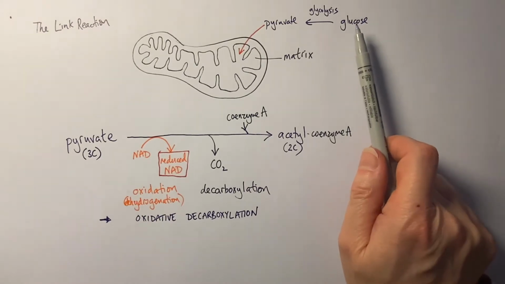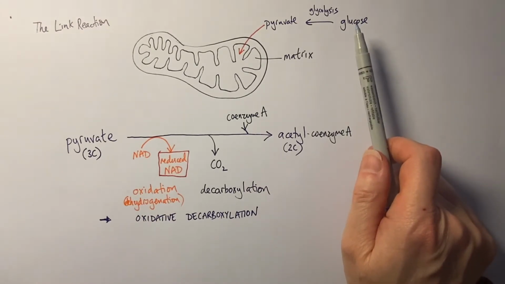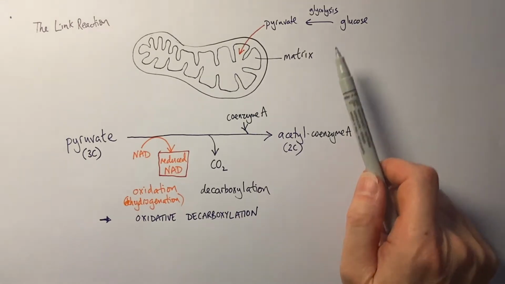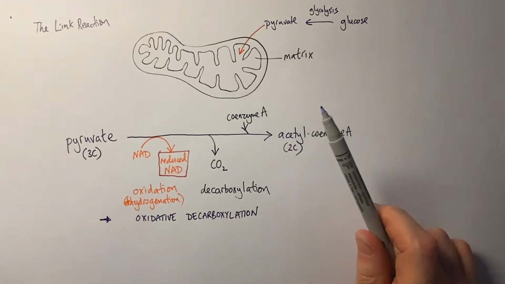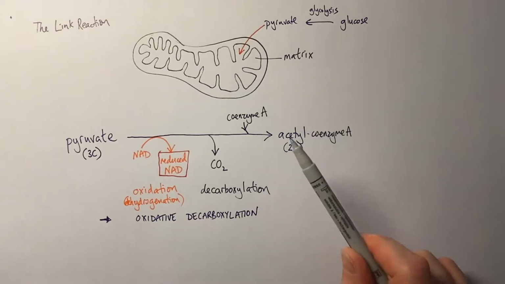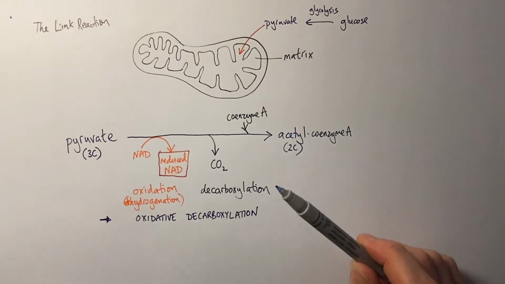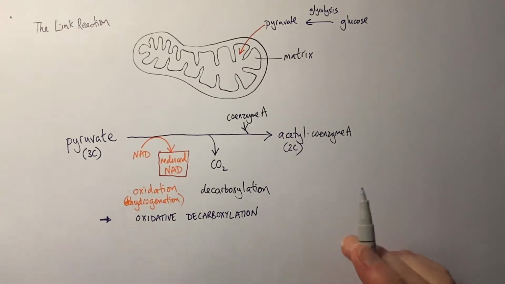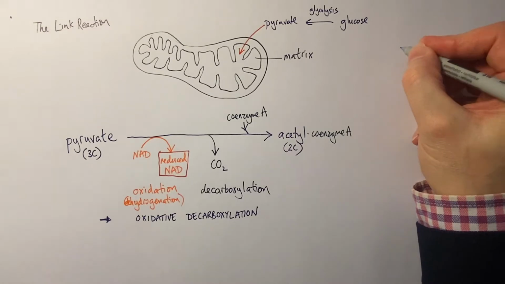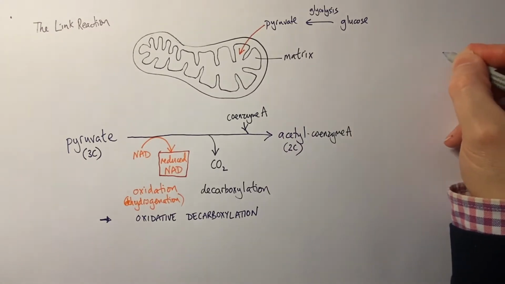But cells can also use other molecules as a source of energy and respire them. So the link reaction is somewhere where fatty acids in the diet can enter respiration. And if you remember, fatty acids have got long hydrocarbon tails, and they can be sliced up and converted into acetyl groups. So if we've got a fatty acid over here,